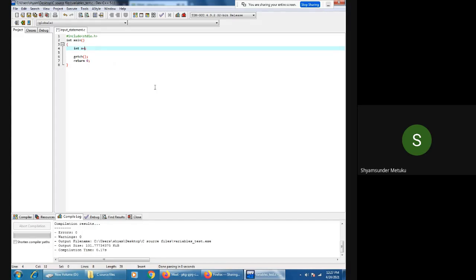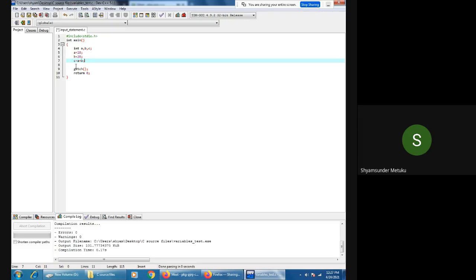Let me take int a. I think in the class I mentioned it on a separate line, but you can directly have these separated by comma. When you write int a comma b comma c, 3 integer variables are declared at a time with garbage values. Tell me. Garbage, right? If you want to mention the values in the program itself, you can write this way: a is equal to 10, b is equal to 20, then c is equal to a plus b.